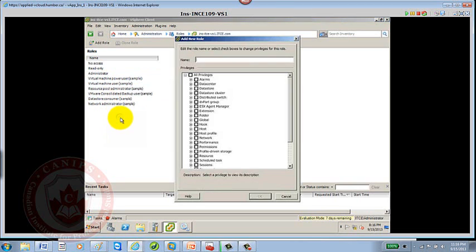So for example, I can go here and again create a role with the name VM management. I created the role VM management. You can assign all permissions to this role, which means this role will be the most powerful role. Or you can say that